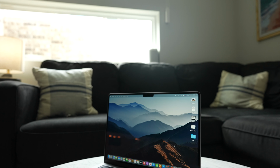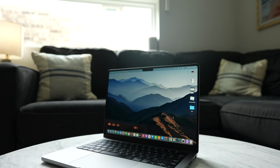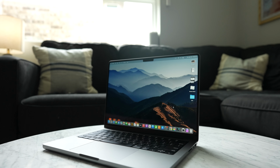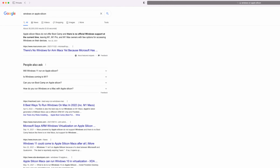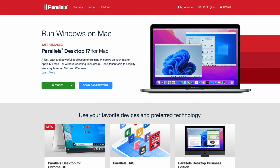That being said, this change has also limited the functionality and performance of the M1 Pro MacBook Pro and all Apple Silicon machines in some way. The first is that you can no longer natively run Windows through Boot Camp, but you can run Windows through virtual machines with software like Parallels, but you'd still have to emulate x86 apps, meaning you'll get a pretty decent hit on performance. And the second is that gaming on the Mac, to this day, I feel like I say this in every review,